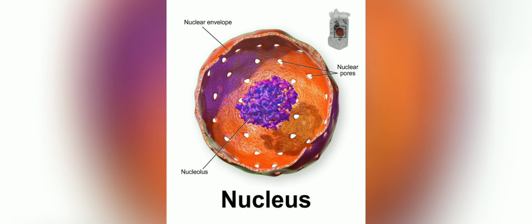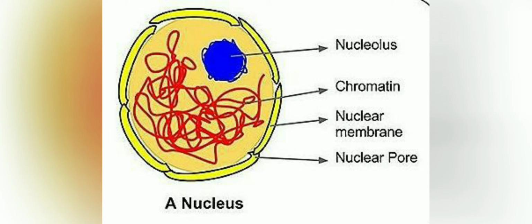Here in the picture you can see the bluish color. That is what? That is the nucleolus. And this is the site for the ribosome formation. Right. Now another part, that is the chromatin material. It is in the form of an intertwined mass of thread-like structure made of DNA and protein. You can see the reddish color, that is the chromatin, interwoven, which is like a thread-like structure.